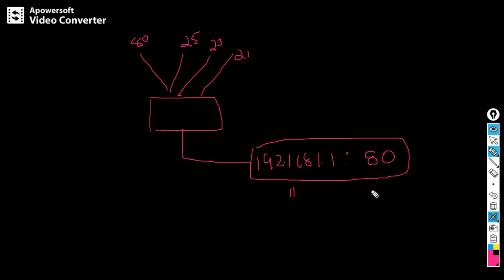Here it is 25. Once again here it is the same, 23. Once again it is the same, 21. So when you see all these are unique, when you see the entire thing like this, all these are unique, right? Unique numbers. So this is the way multiplexing works, many to one and one to many.